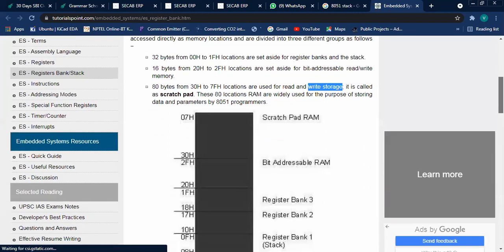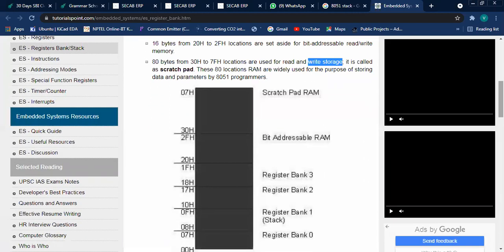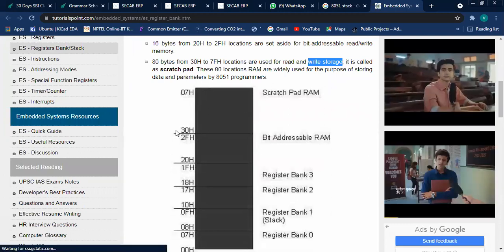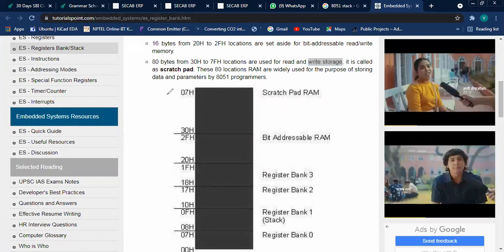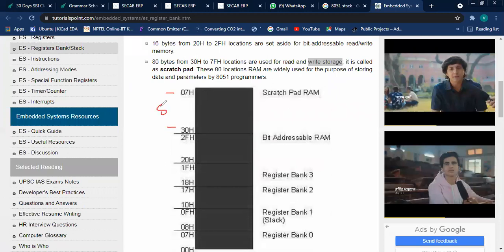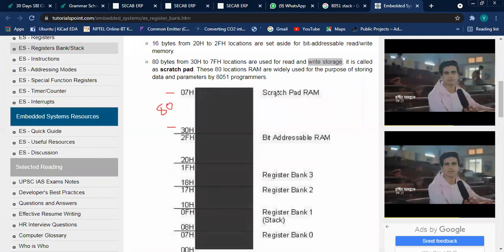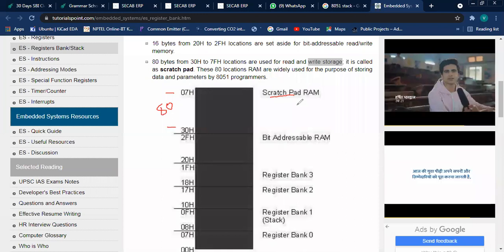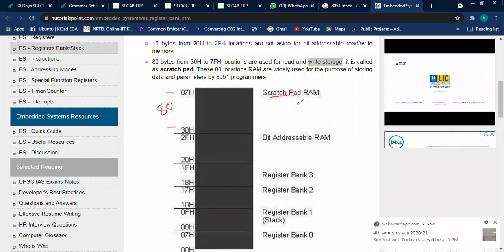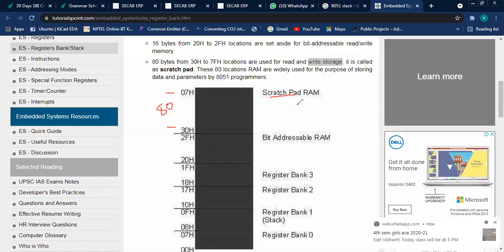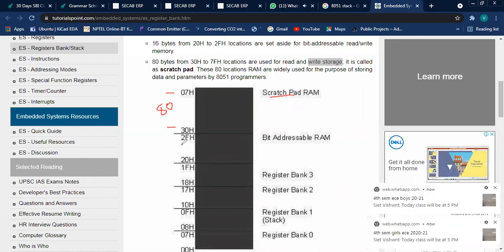So if you see this figure, this total from 30H to 7FH, so a total of 80 bytes are there. This is the scratch pad. That means we can read or write for many purposes while we are programming the 8051, for storing the data, any kind of data. Okay, so this is bit addressable,